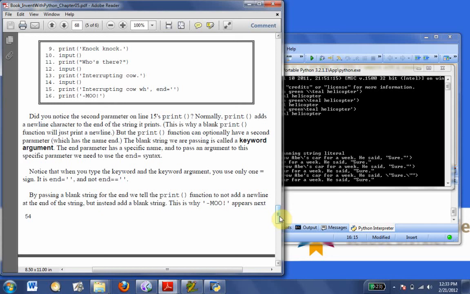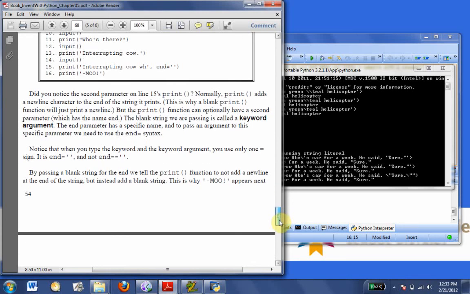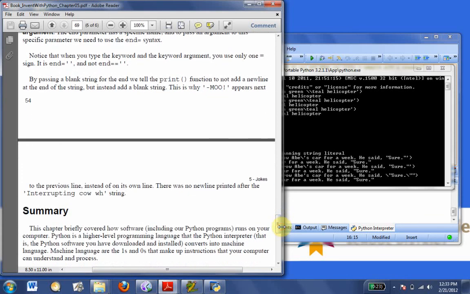The end parameter has a specific name, and to pass an argument to this specific parameter, we need to use the syntax end equals something. Notice that when you type the keyword and the keyword argument, you use only one equal sign. It is end equals some string, and not end equals equals some string. By passing a blank string for the end, we tell the print function